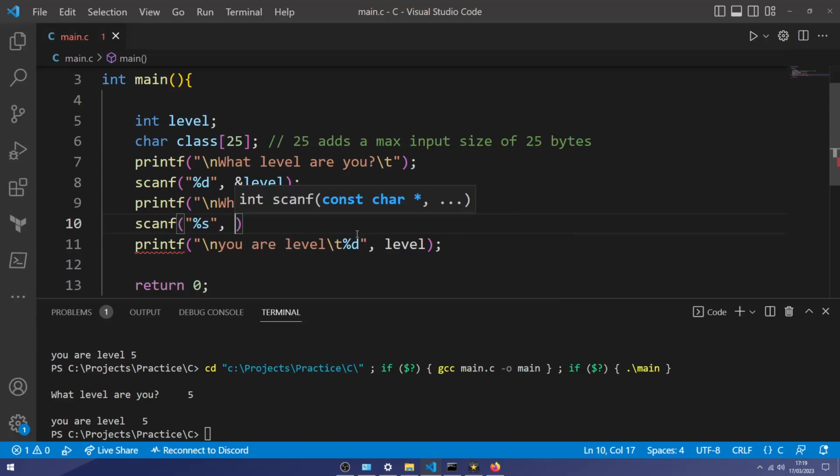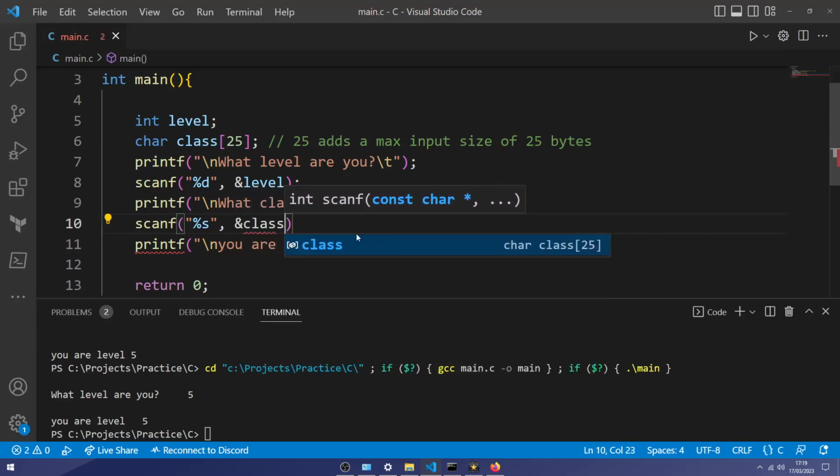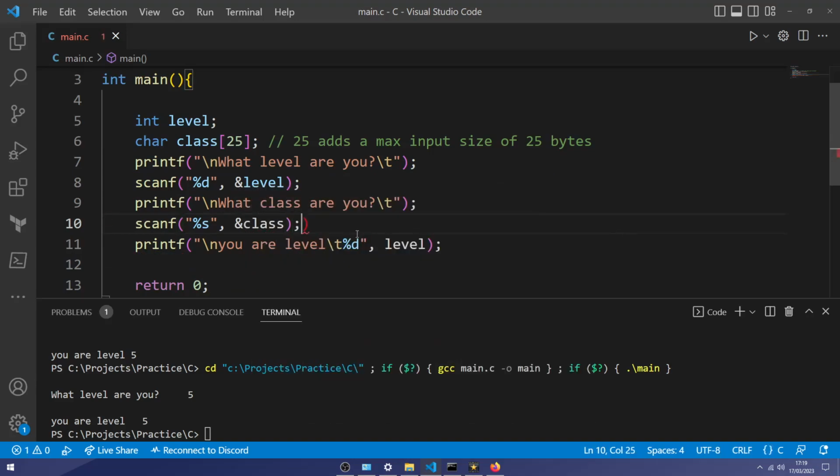So whatever the user puts in, we're going to assign that character array to the class variable. So here we can do you are a level, and we'll call our level variable, and we'll put in our character array variable by doing class.